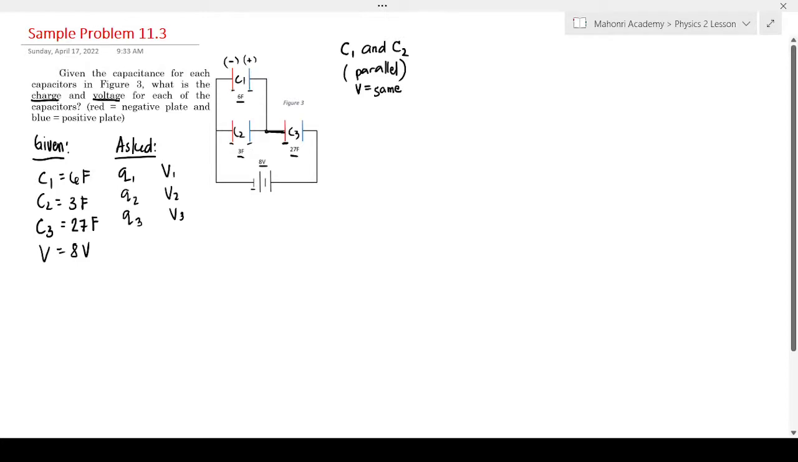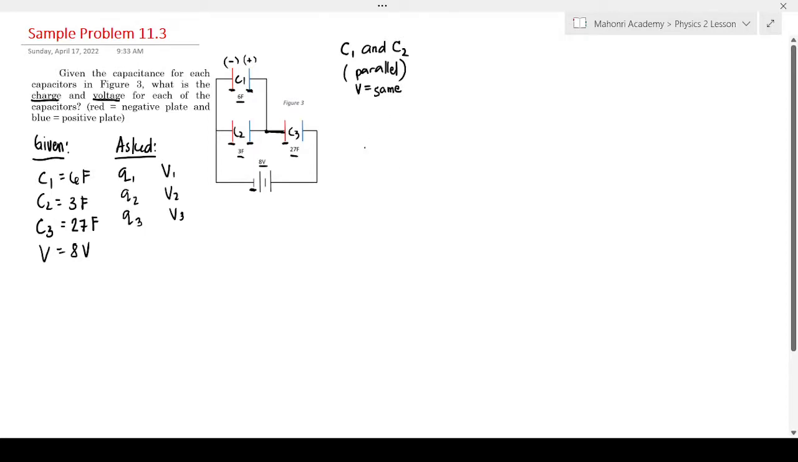Well, even though one of the two plates of our C1 and C2 is directly connected to our battery right here, the other end, these positive plates, are not directly connected to our voltage. If it were directly connected in this way, then the voltage for C1 and C2 would be 8. But apparently, they're connected to C3. So we cannot immediately say that the voltage for C1 and C2 are the same, right? But what we can do now